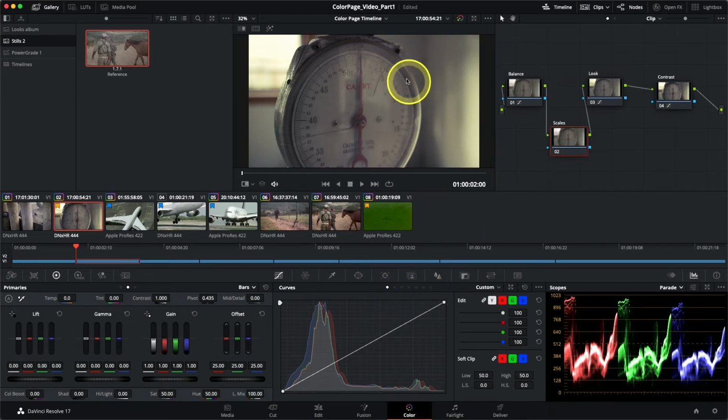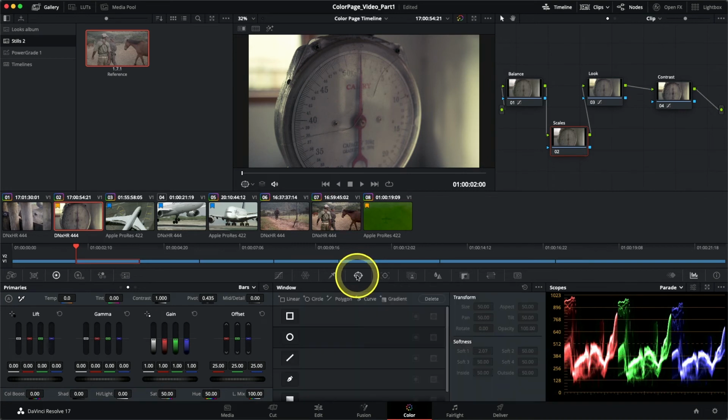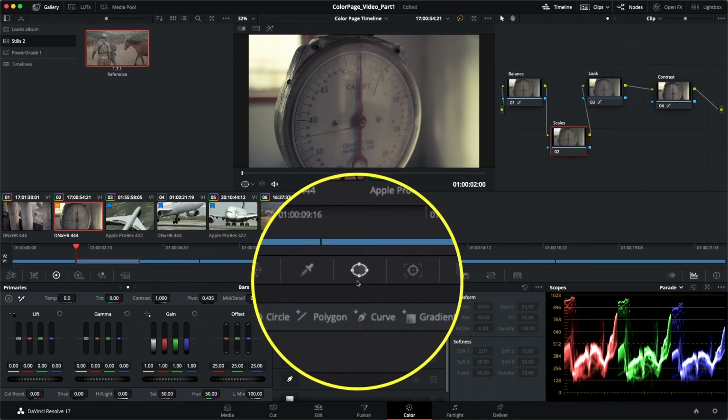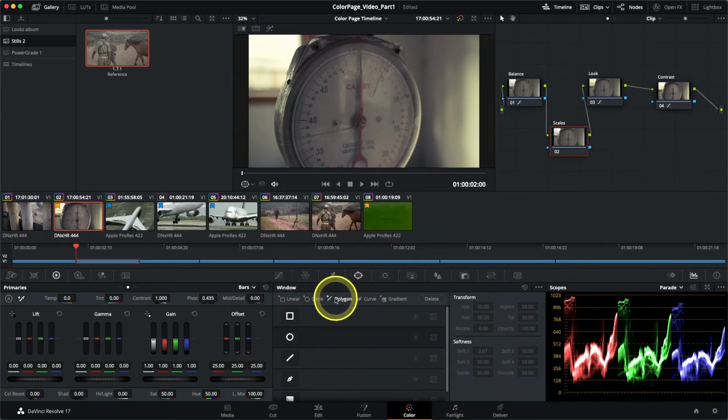And for this, it makes the most sense to use a shape. It's a pretty straightforward circular shape. So I will go into my Windows palette. The icon to enter it looks exactly like a circle. And underneath, you have a series of preset vector shapes. I will select the circular window,